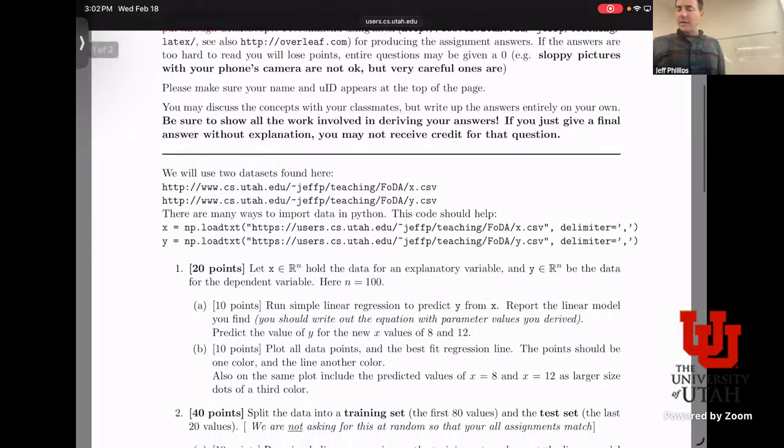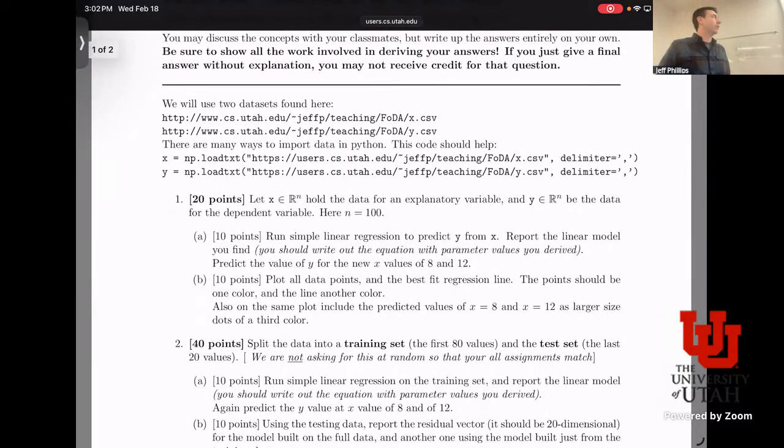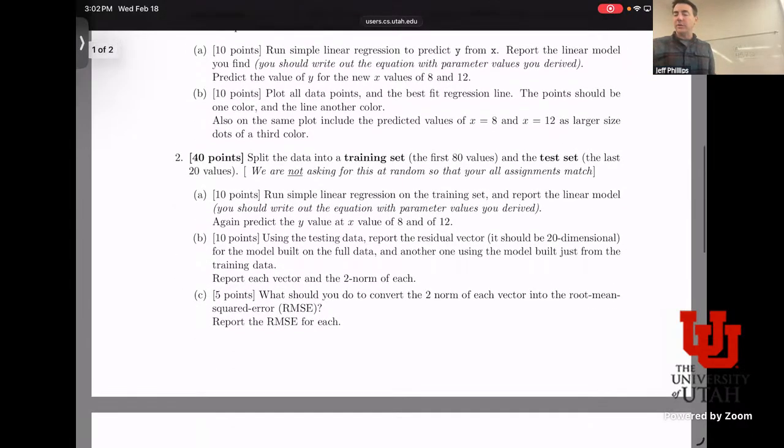But a lot of it is working through an example based on a data set, a one-dimensional X data set and a one-dimensional Y data set. And you'll build linear regression on this, and walk through all the things we'll do through